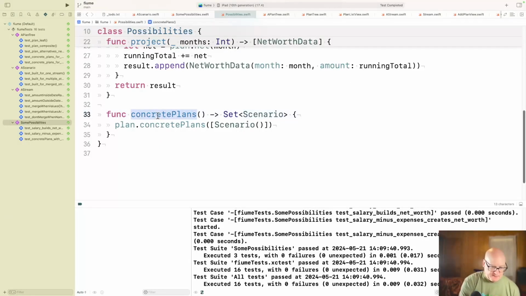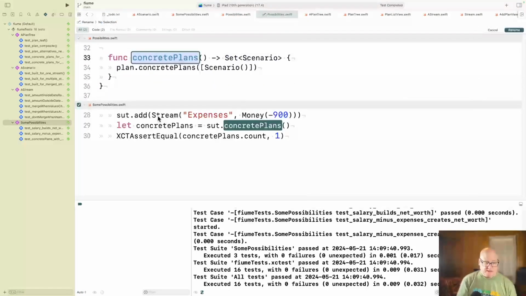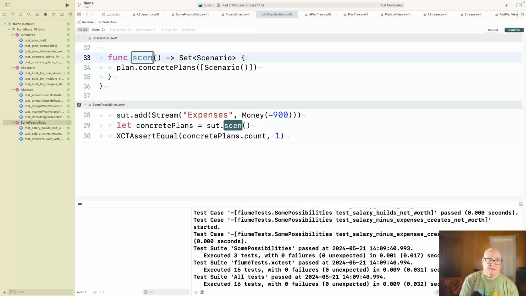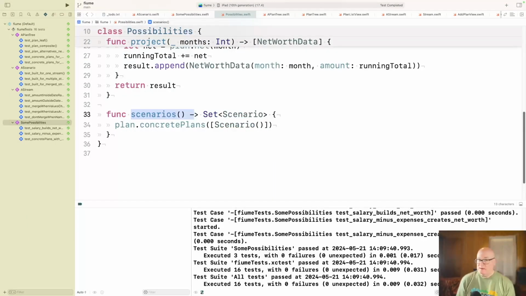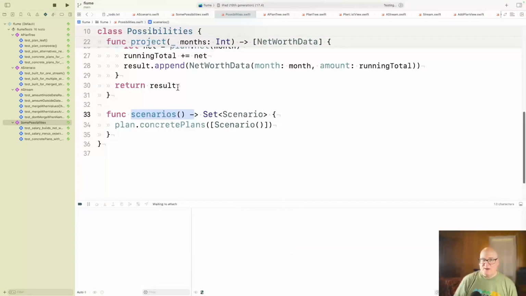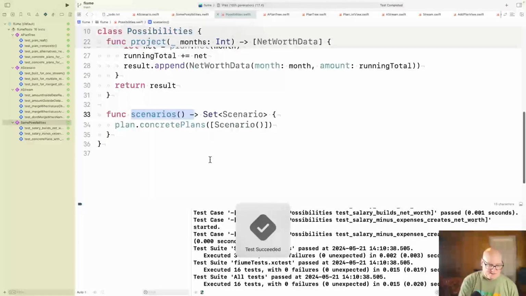And these, let's call them scenarios. Yeah, scenarios, and they are sets of scenarios. Okay, that clicks together. It sounds like the right thing. All right, so we've renamed multi-land scenario to possibilities.